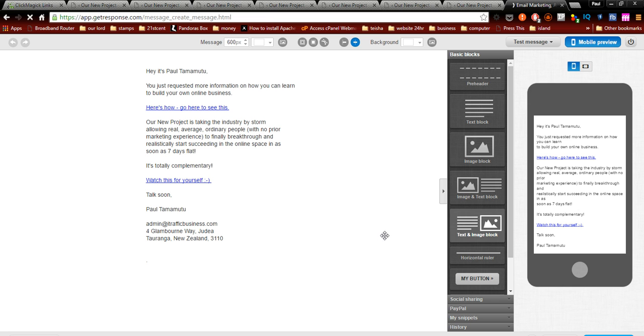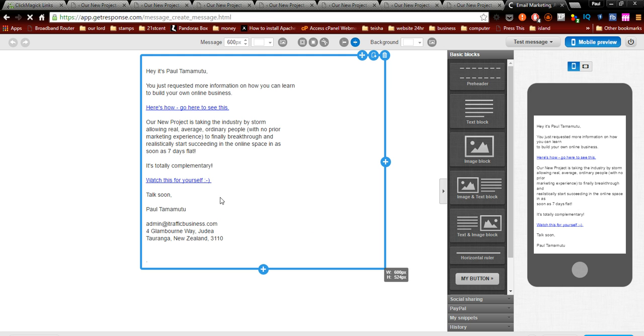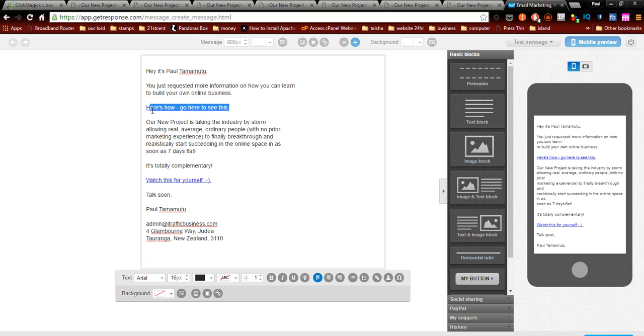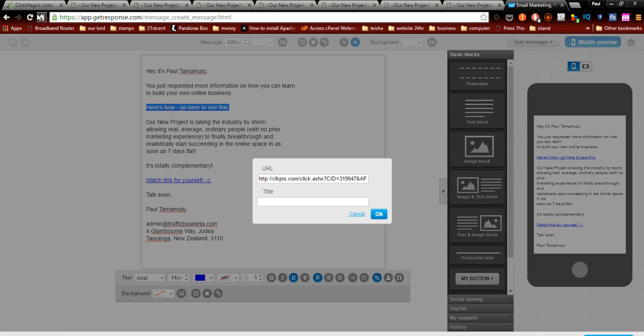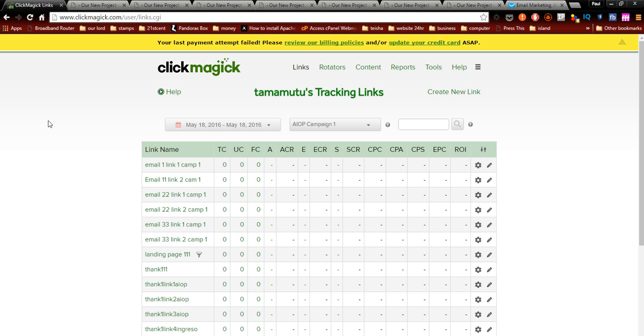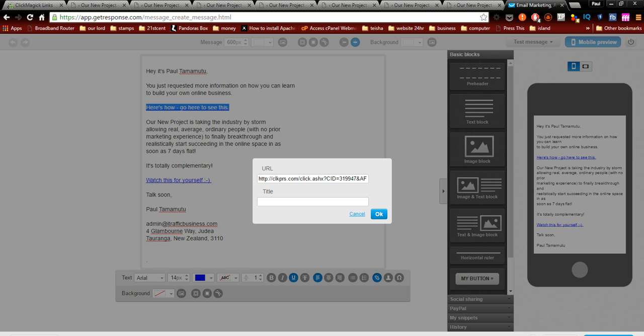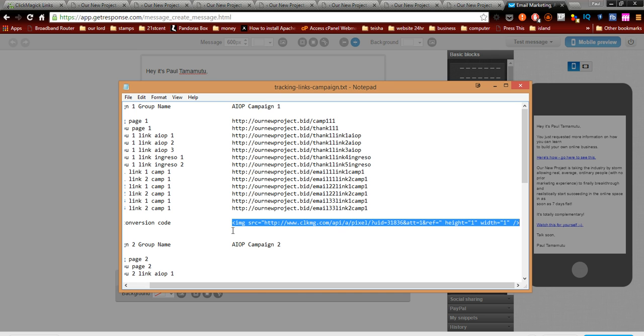And then we open that message. Now here's the 2 links in blue that we need to change. So we highlight our first one, go down to this little gear here, which is links, insert and edit link. Actually no, we don't need to go back to Click Magic because we're at our notepad. Open our notepad